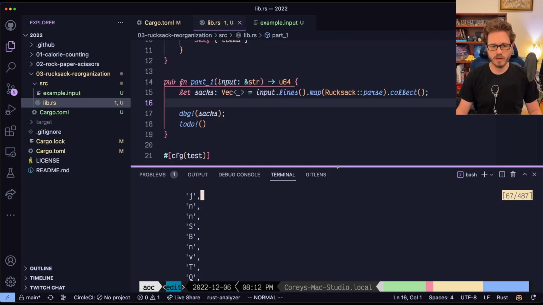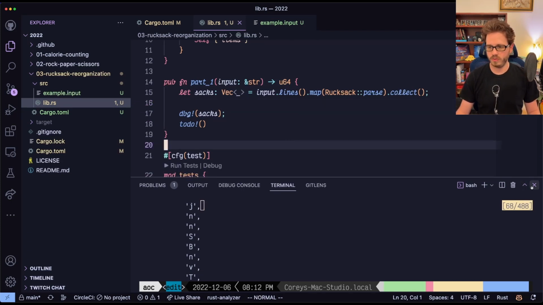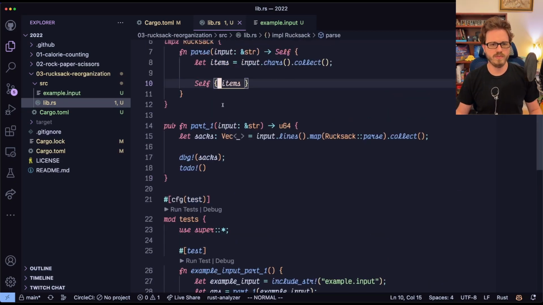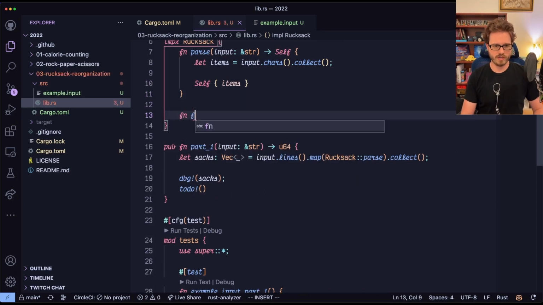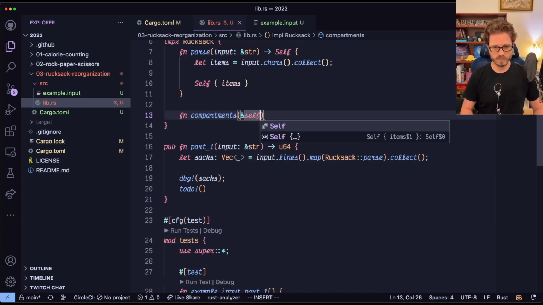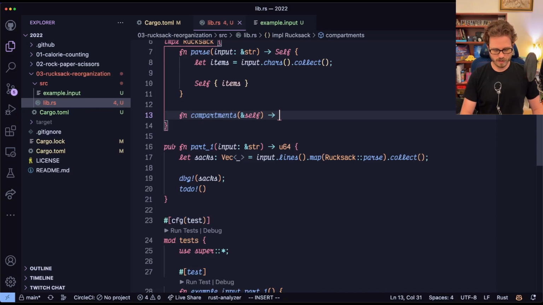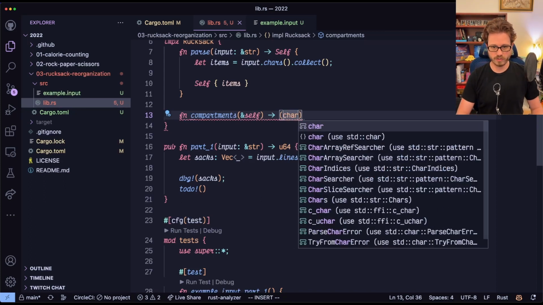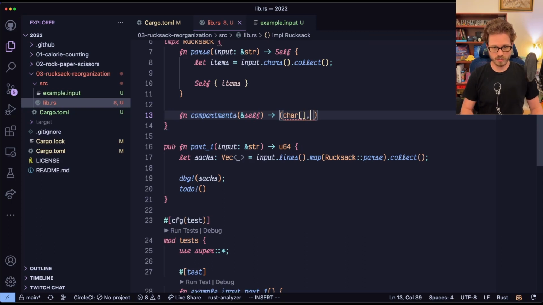So there is our sacks, and then they each have the items array, which is all on the different lines there. Okay, so now I think what we want to do is write a method maybe for the first compartment and the second compartment or something, so that we can split it up. Maybe we just do a method called compartments. So we take in a reference to ourselves and we return, I'm thinking maybe a tuple of two things. So we do the compartment, then the other compartment. So each one is going to be like a character array or a reference to